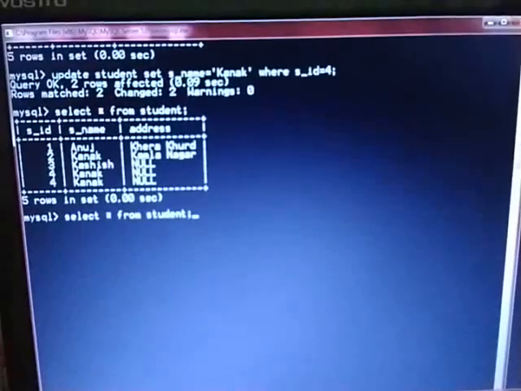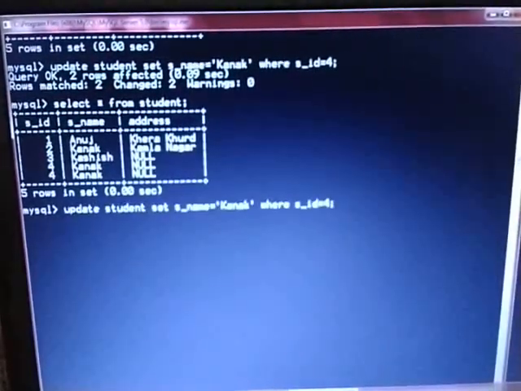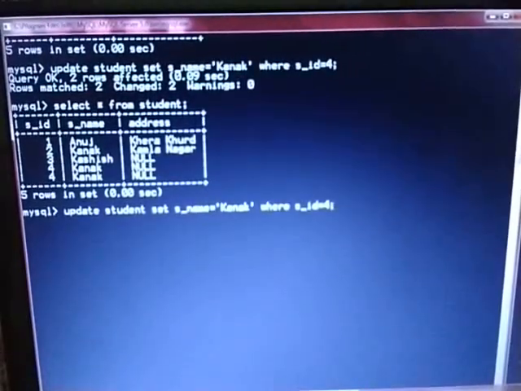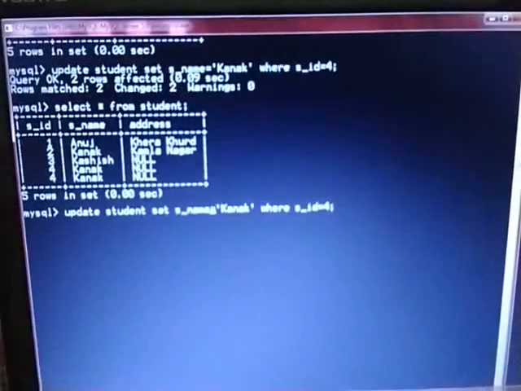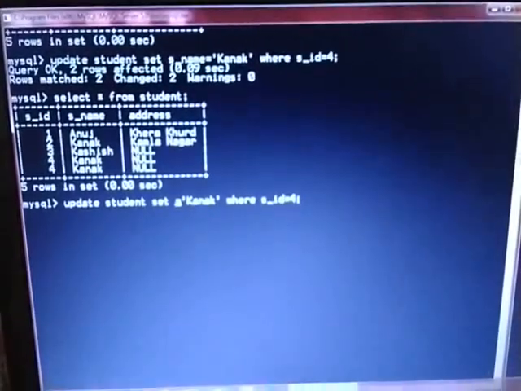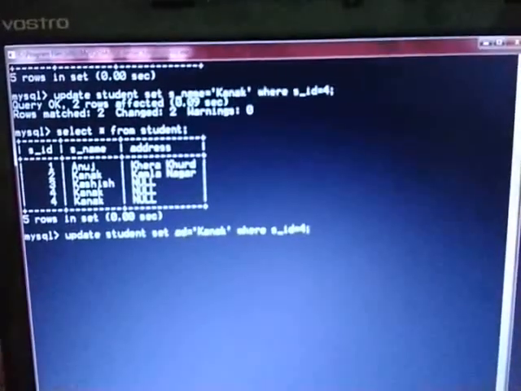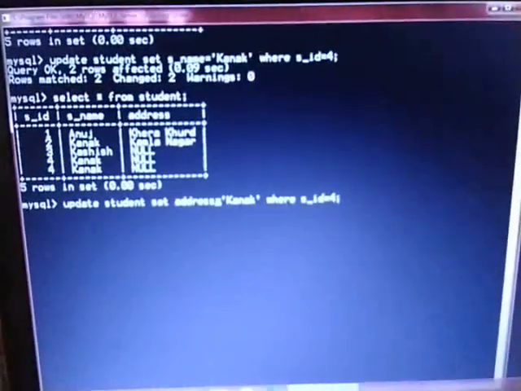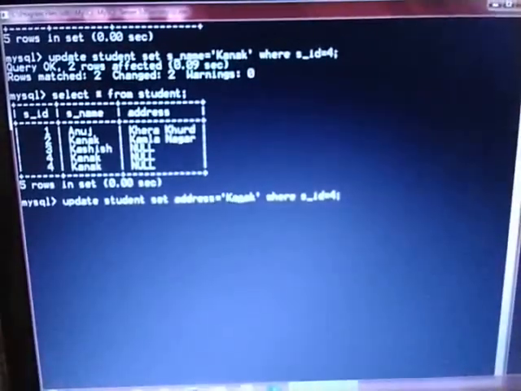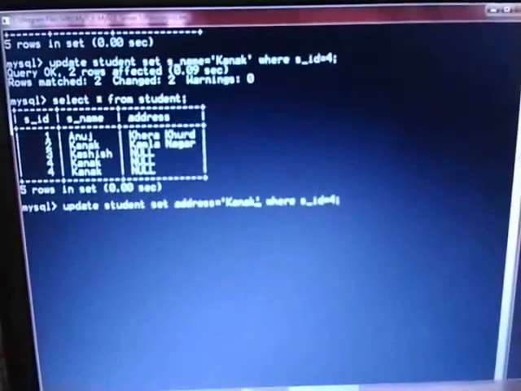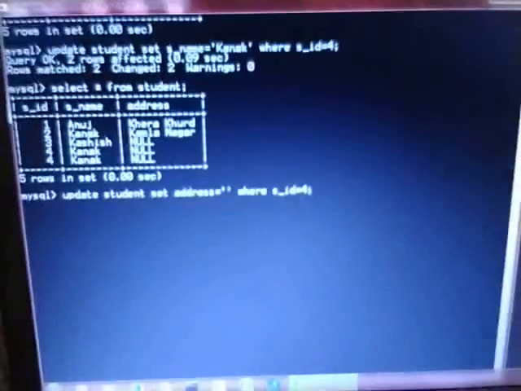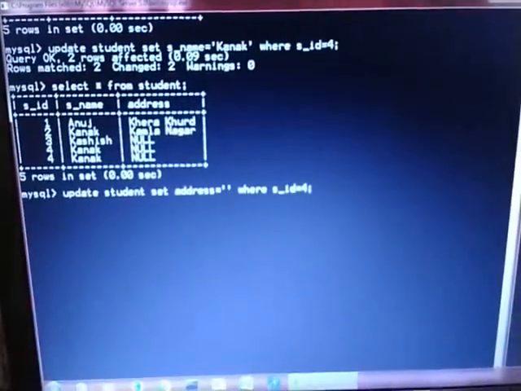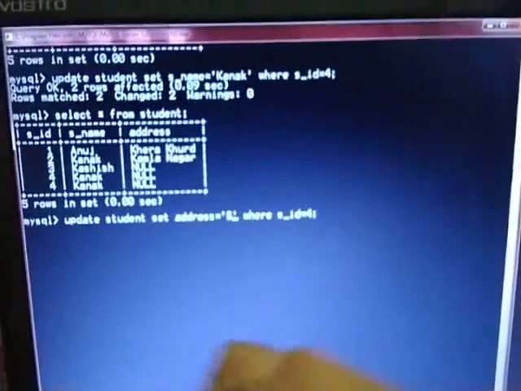So what query will I write? I will write update student set. Now what do I have to set? This time I have to set the column name, which is address. So I will write set address is equal to, write the address. That address I want to write anything like Shakti Nagar.